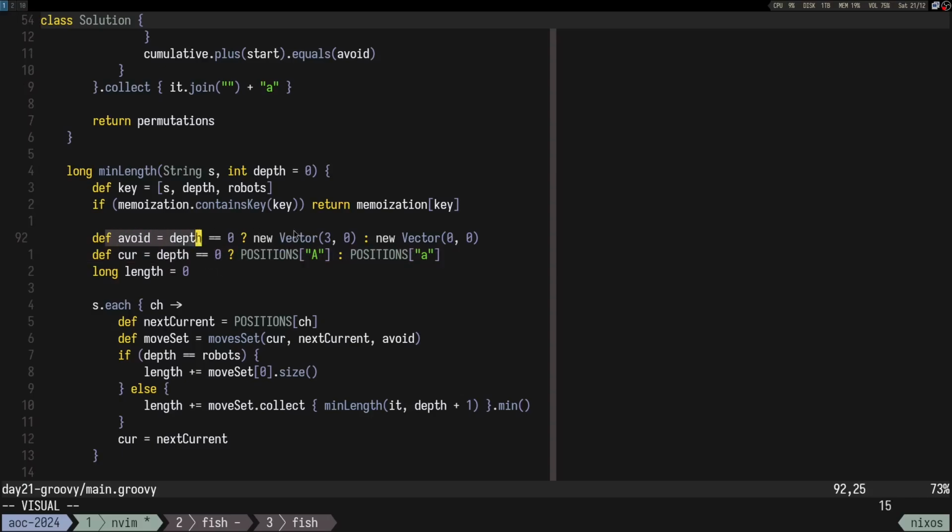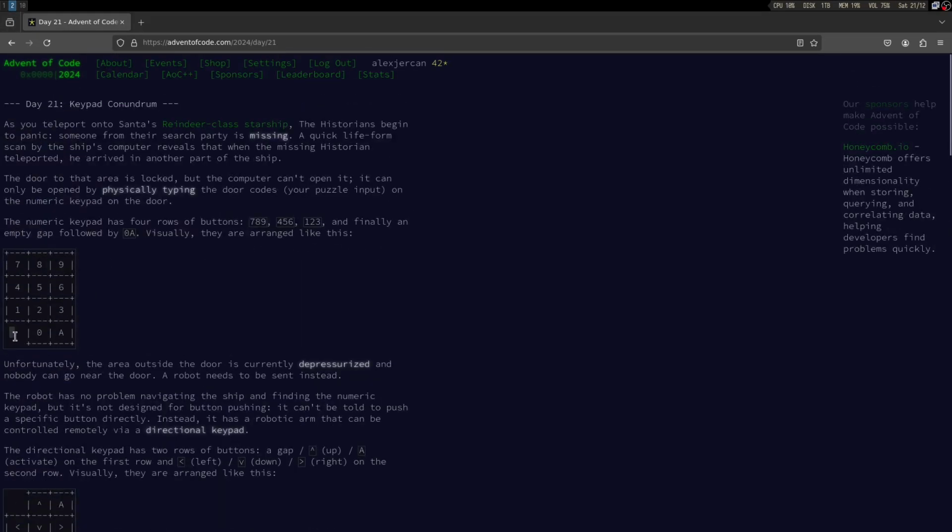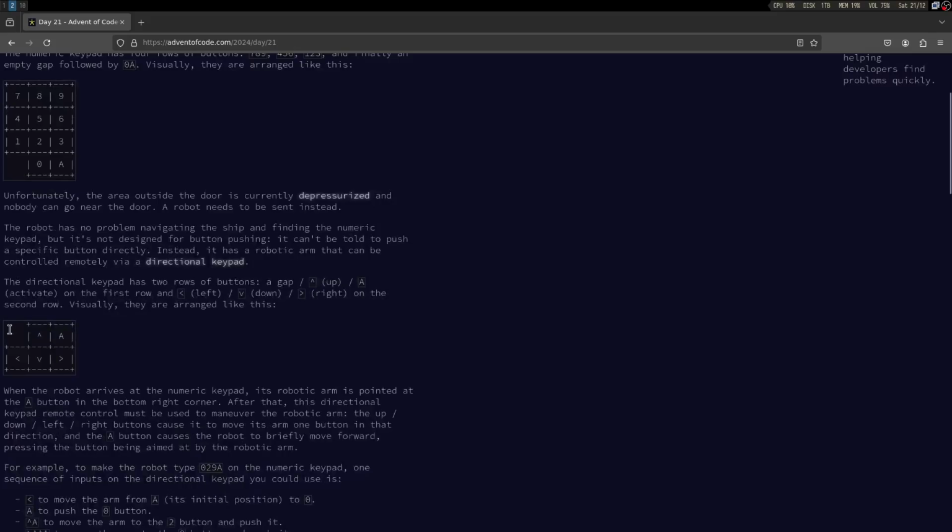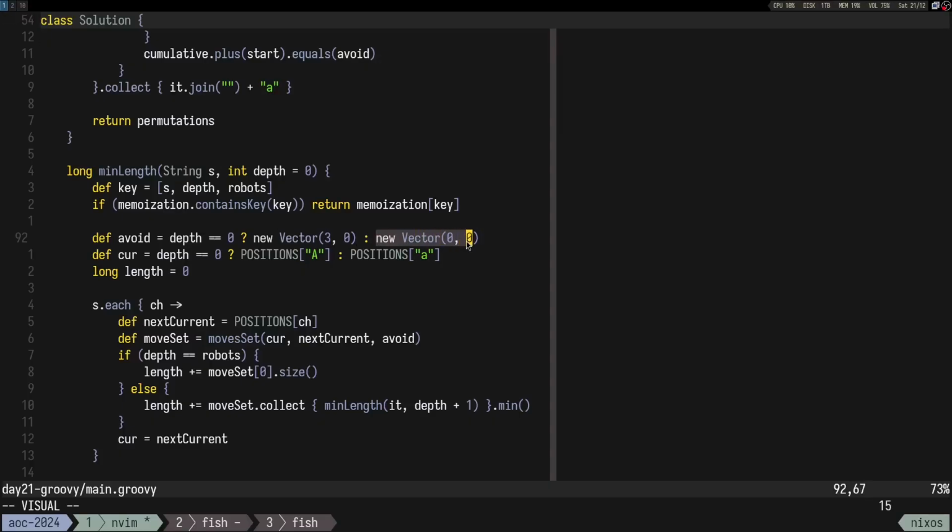Basically, initially, when depth is 0, so for the first panel or lock pad, the point to avoid is 3 0, so this one in the bottom left, and afterwards all the other pads have the obstacle at 0 0, so that's the position to avoid, right? And depth is the lock pad that I guess, yeah, lock pad. Anyway, so then